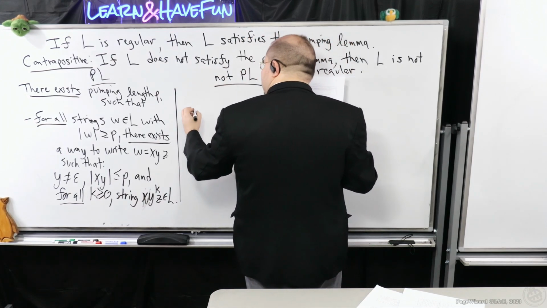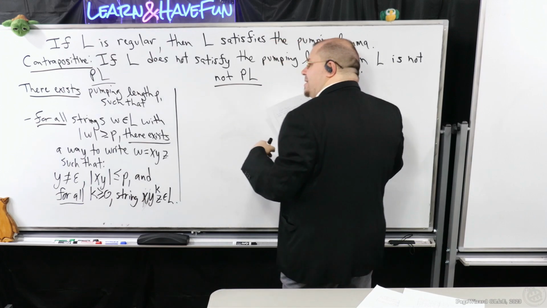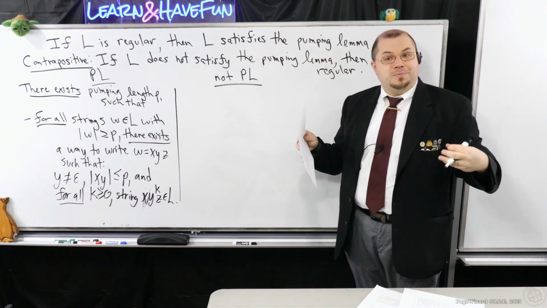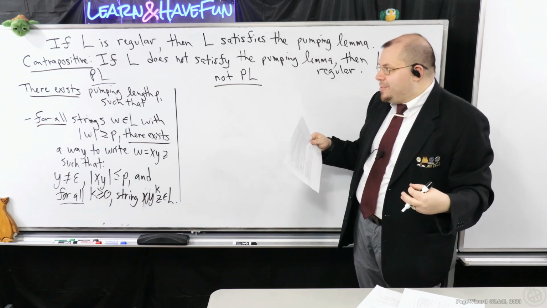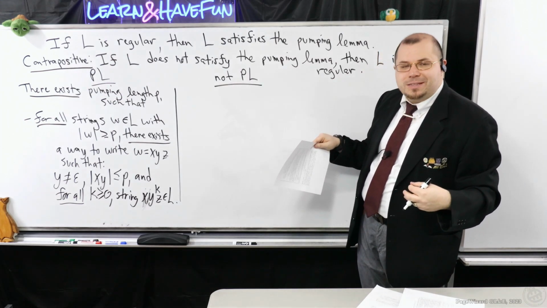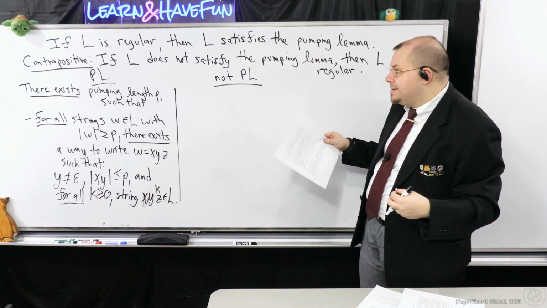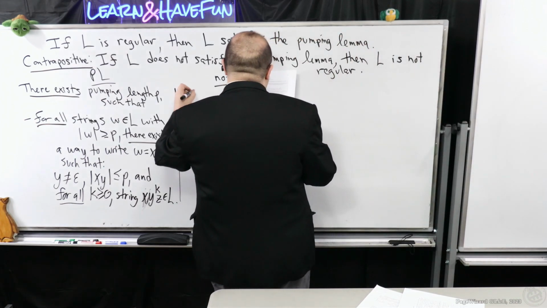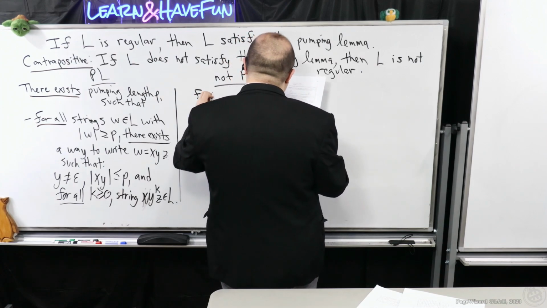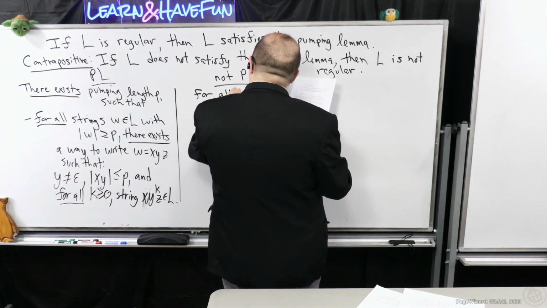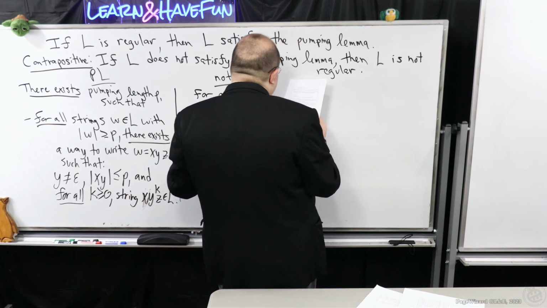Well, what does it mean? If it says there exists, that means that it has to not just be that it exists. To reject this claim means that I have to show you that regardless of what this pumping length is, so I can imagine I have this. So instead, what does it mean for the pumping lemma not to apply? It means for all p greater or equal to 1,